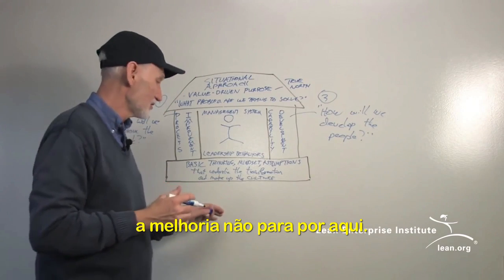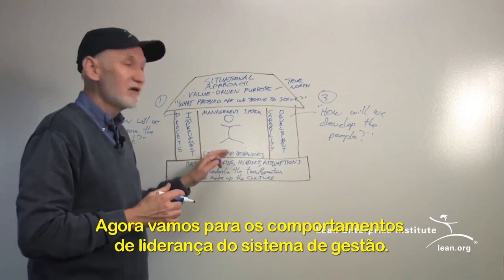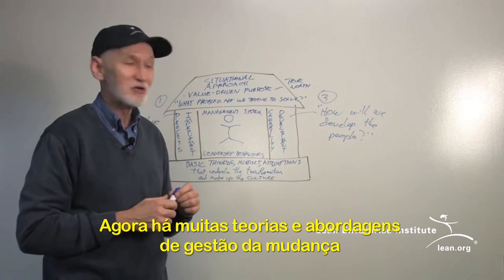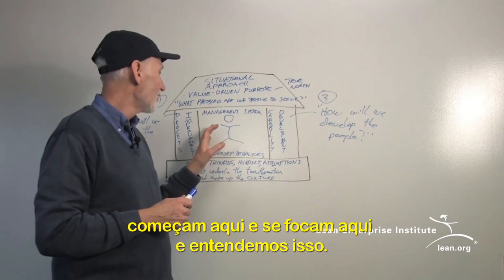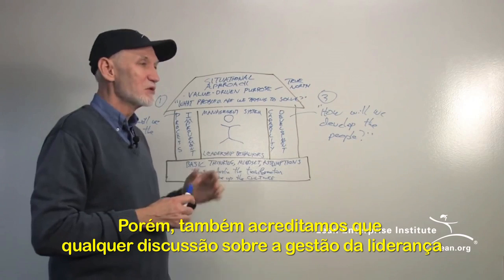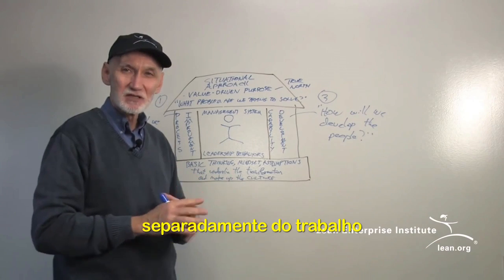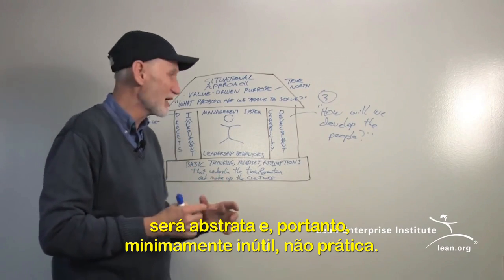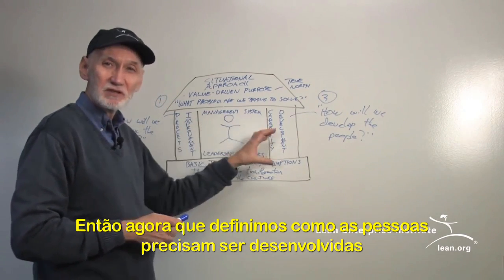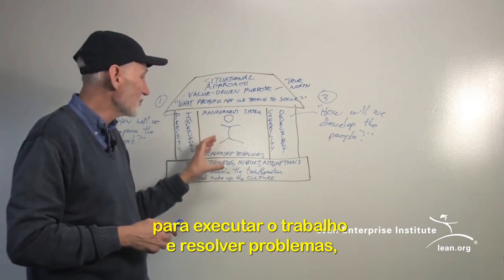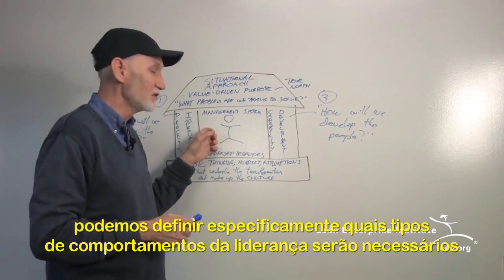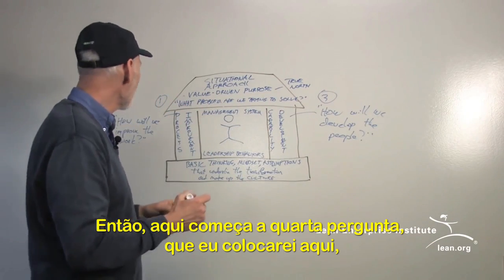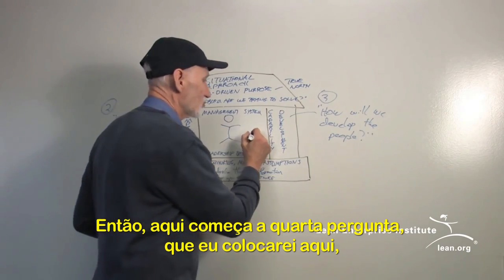The improvement doesn't stop right there. We'll go from there into the management system and leadership behaviors. Now, a lot of change management theories and approaches begin here and focus here, and we understand that. However, we also think that any discussion of leadership and management that's divorced from the work is going to be abstract and therefore of minimal usefulness, not practical. So now that we've defined how people needed to be developed to do the work to solve the problem, now we can define specifically what kind of leadership behaviors are required and what kind of management system to put in place. So this becomes the fourth question, which I will bring out over here,